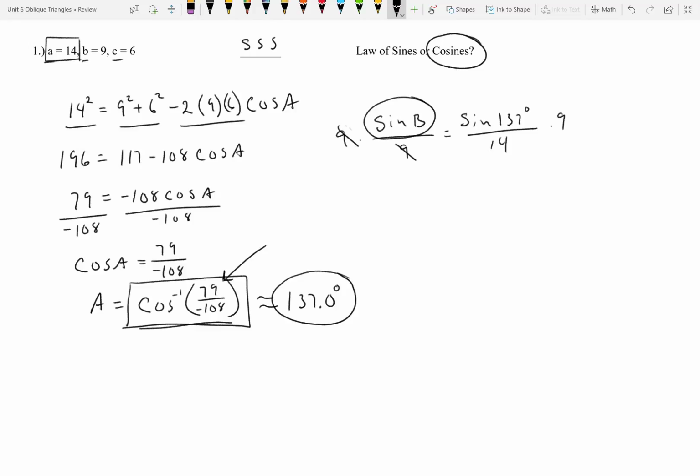So that 9 will go away from this side, leaving me with sine of B equals 9 times sine of 137 over 14. And now, since I'm looking for an angle, I have to use an inverse trig function, and I'm going to use sine inverse since the ratio that I know is sine. So taking sine inverse of both sides leaves me with B equals sine inverse of 9 times sine of 137